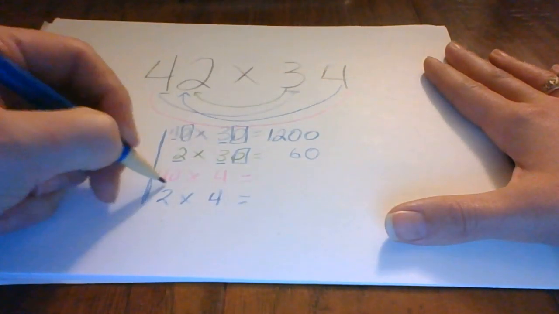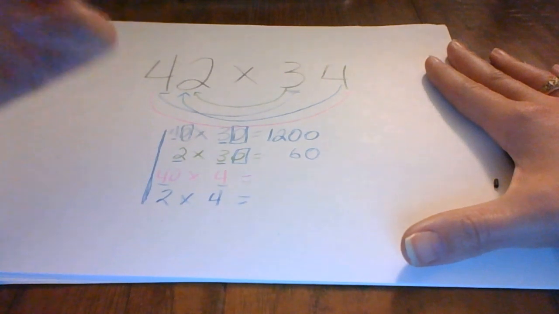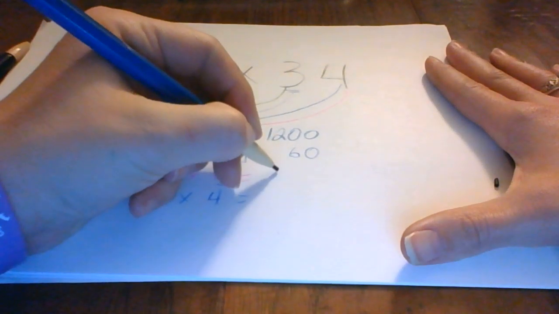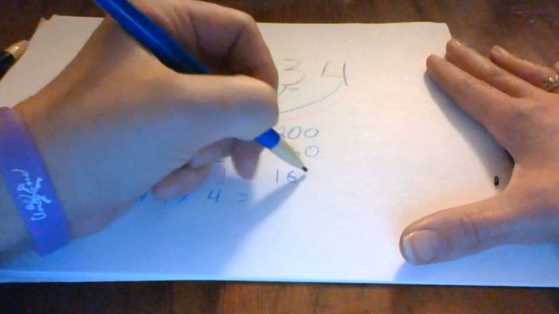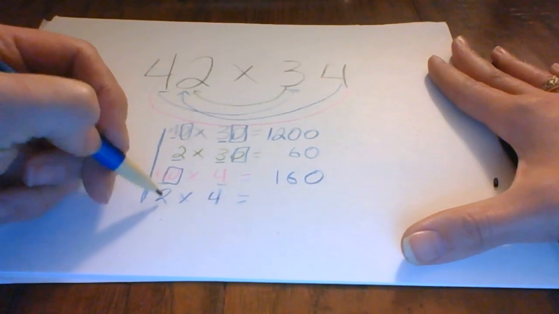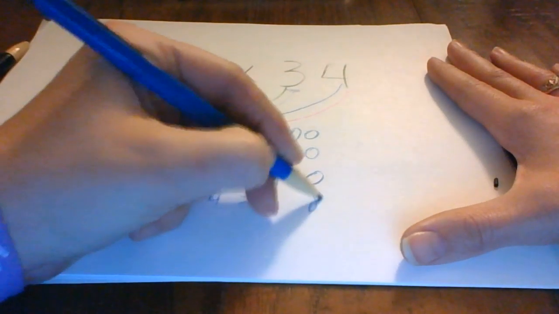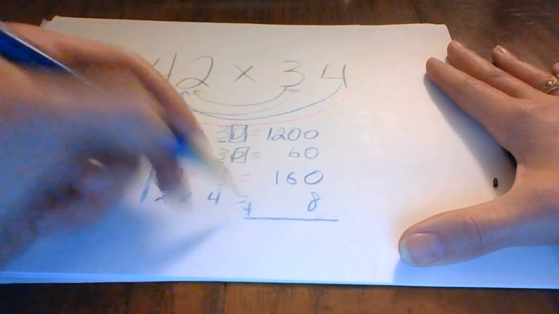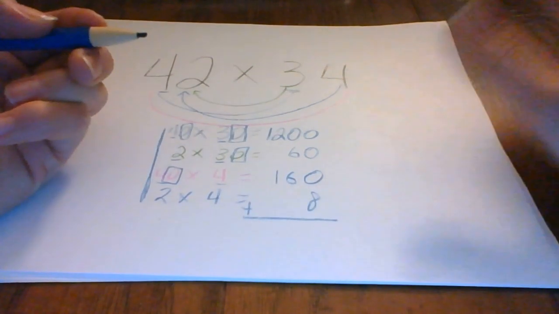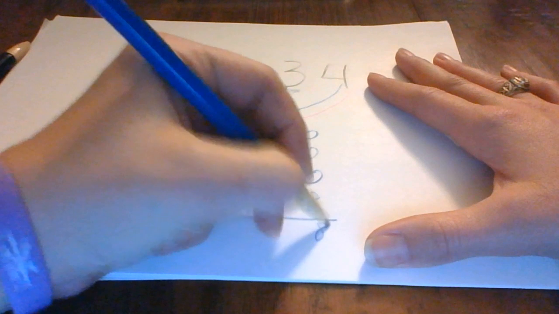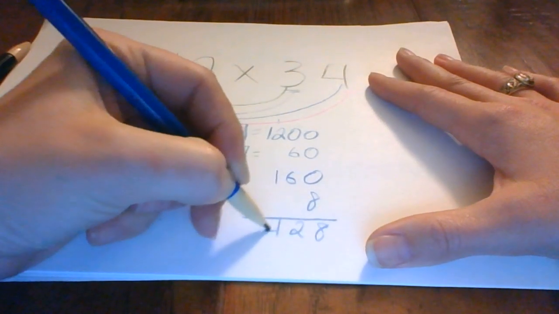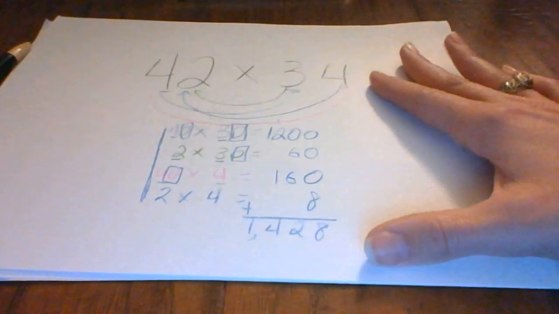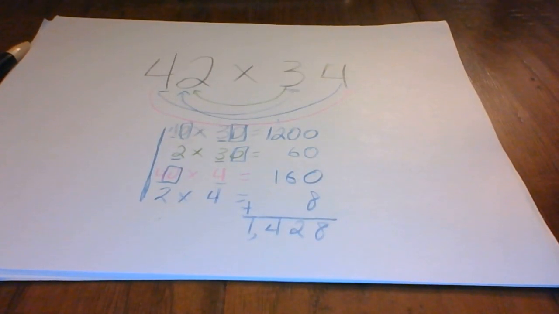Okay, 4 times 4, oops, is 16. And because 40 has a 0, I'm going to place that at the end. And then 2 times 4 is 8. There is no 0 there, so it's just a simple multiplication. And then we're going to add these values up. And I get the same answer that I got before. So this is called